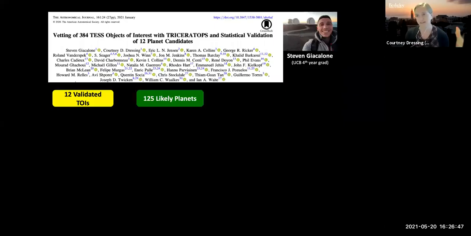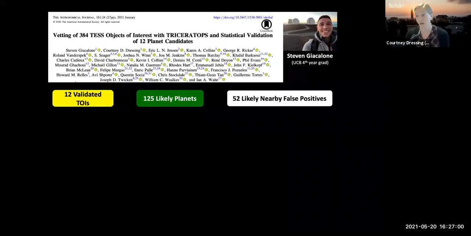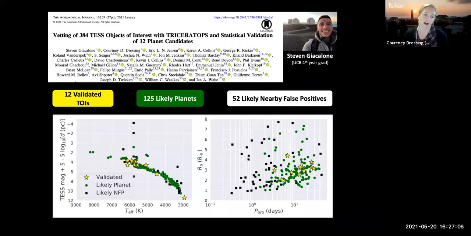We also identify 125 likely planets. Those don't meet our threshold for validation, but they are promising candidates that don't appear to be false positives. And we also find 52 objects that are more likely than not false positives associated with nearby stars rather than the target star. In the paper, if you plot the types of objects as a function of magnitude versus temperature or radius versus period,